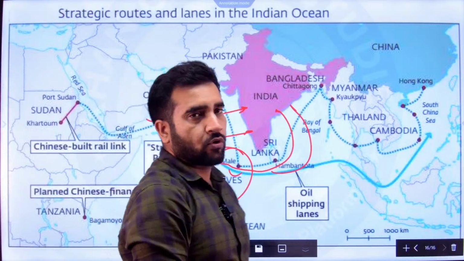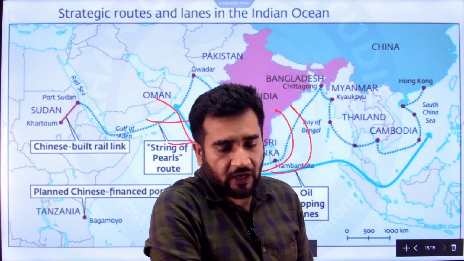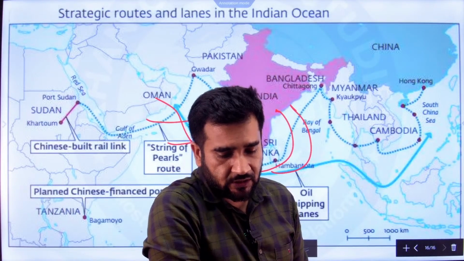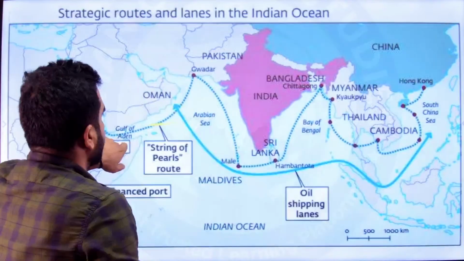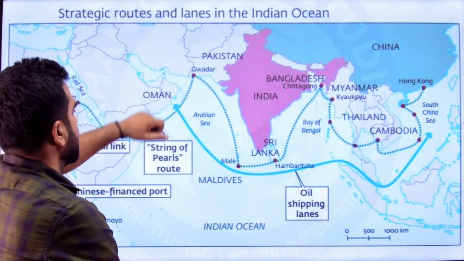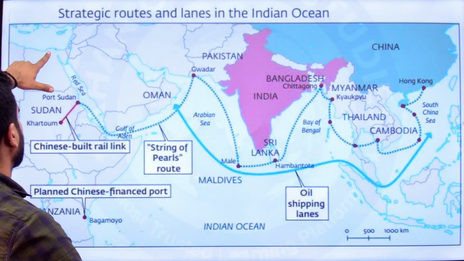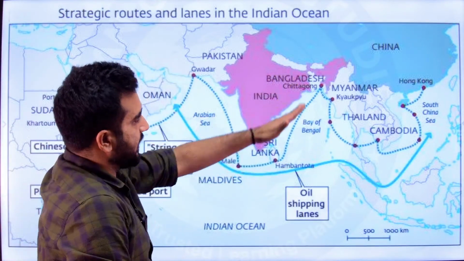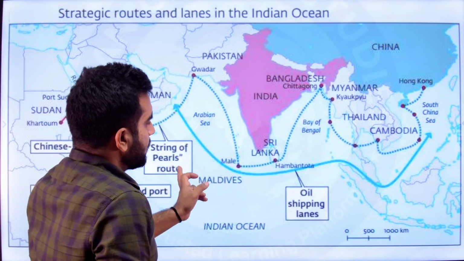तो हमारे को मॉलडीव्स के साथ अच्छा रिलेशन रखना पड़ेगा, तभी हमारा ट्रेड अच्छा रहेगा। सो दिस इज हाउ इट इज। तो गल्फ ऑफ एडन आपका इधर हो गया, ये रहा गल्फ ऑफ एडन। स्ट्रेट ऑफ हॉर्मूज ये हो गया आपका। तो यहां से बहुत सारा एनर्जी ट्रेड आता है, इधर से सारा ट्रेड यूरोप जाता है, ये रहा स्वेज कनाल आपका। चाइना का ये स्ट्रिंग ऑफ पर्ल्स है जो इंडिया को घेरे हुए है, मोतियों की माला, इसको भी काउंटर करने के लिए मॉलडीव्स के साथ हमारा अच्छा रिलेशन होना जरूरी है।